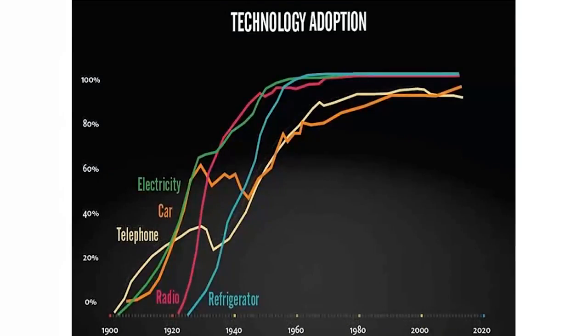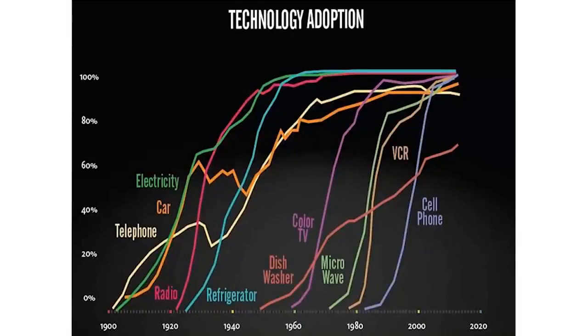And here's some others. You can see electricity, people got that right away. People wanted that right away. Refrigerators, they were so over the ice, they got that right away. But for the most part, it still took quite a bit of time for people to jump onto technology. People thought about things differently back then. They wanted to make sure that things worked before they would buy them. So they waited for those brave ones, those cutting edge individuals.